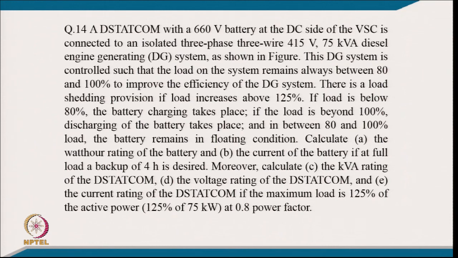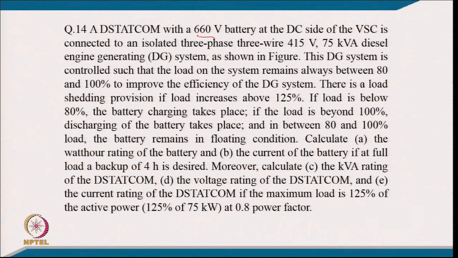So, coming to a very interesting example, example number 14: a D-STATCOM with a 660 volt battery at the DC side of the VSC is connected to an isolated 3-phase 3-wire 415 volt, 75 kVA DG set, a diesel engine generating system, as shown in the figure. The DG set is controlled such that the load on the DG system always remains between 80 to 100% to improve the efficiency of